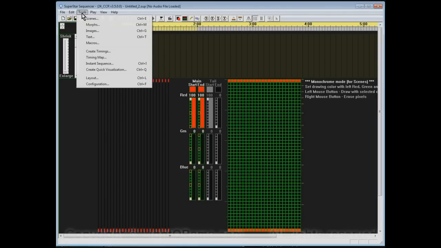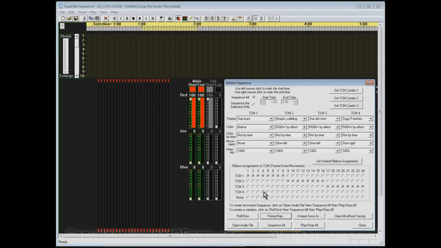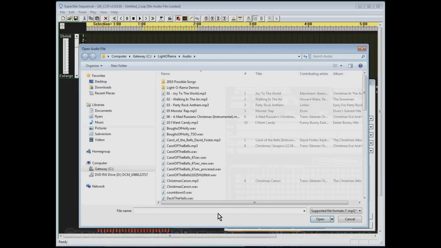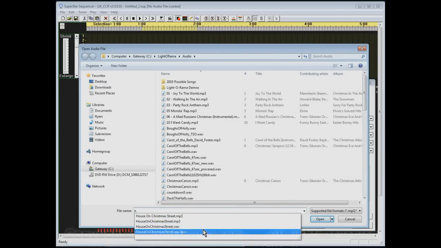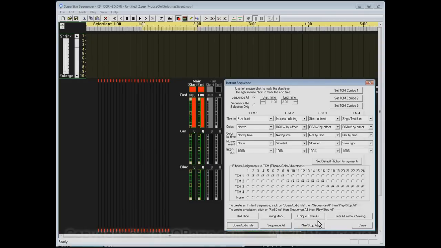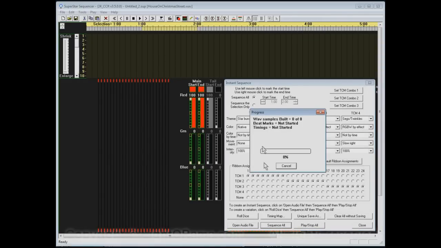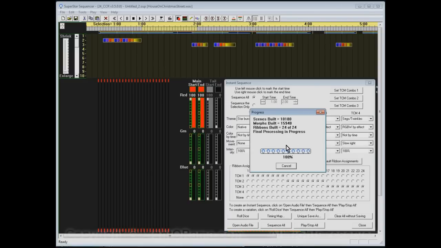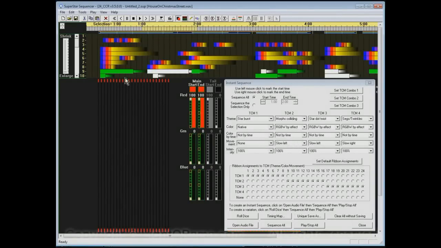and I'm going to launch the Instant Sequence dialog box by clicking on Tools and selecting Instant Sequence, and we first have to open an audio file in order to do anything, and I'm going to open up the song The House on Christmas Street, and then we say Sequence All, and at first it's going to analyze the audio file and build all the triggers for the effects, and next it's going to actually build the effects, and it takes a little longer here because there's 24 ribbons,